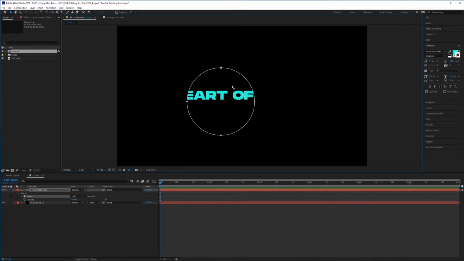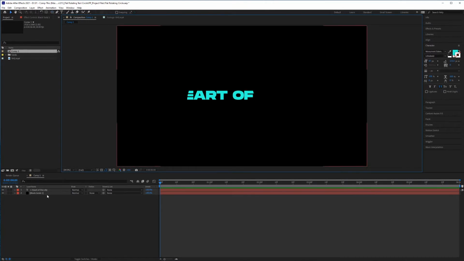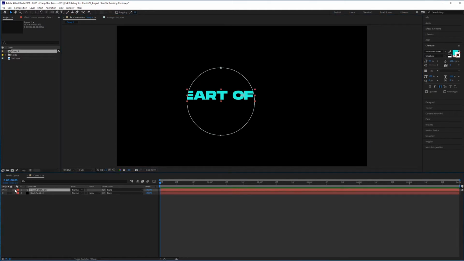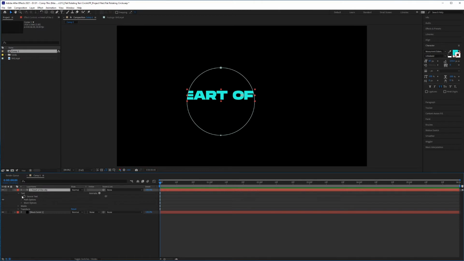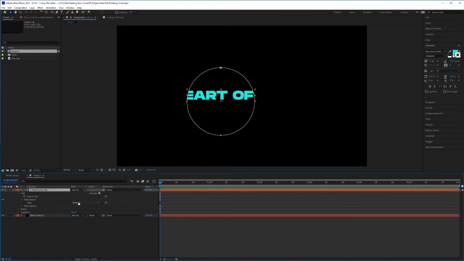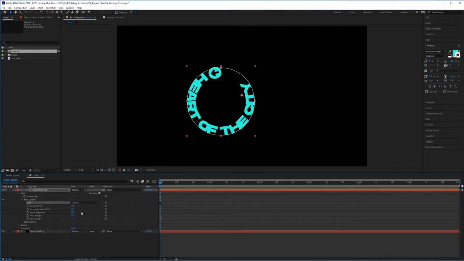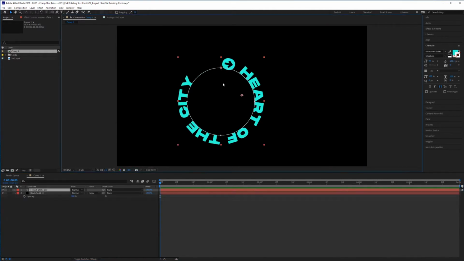And what that's doing is it's creating a mask. I'm going to go down here to the type layer, select it, drop down the menu. And under text, we'll go to path options. And under the path options, I'm going to select mask 1. And then on reverse path, I'm going to click on, I'm going to hit Control T for the type tool,